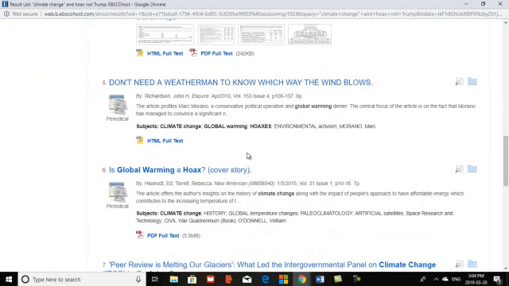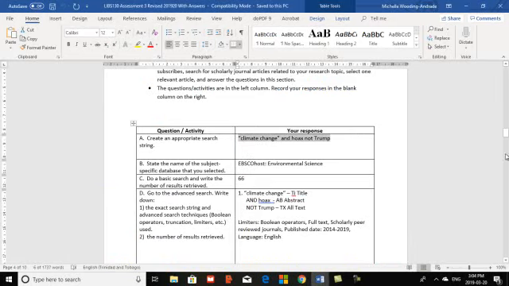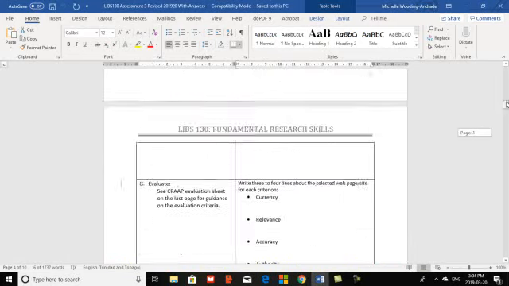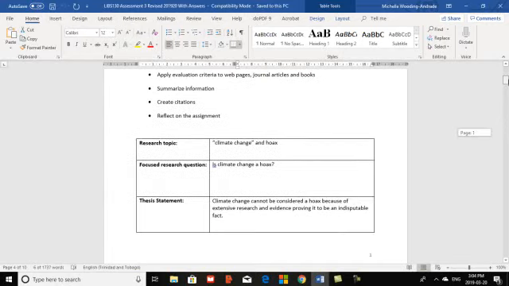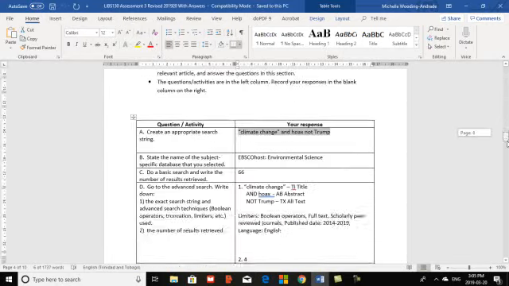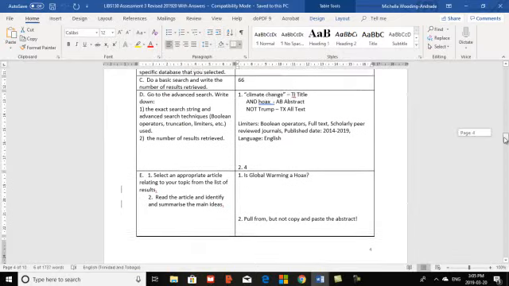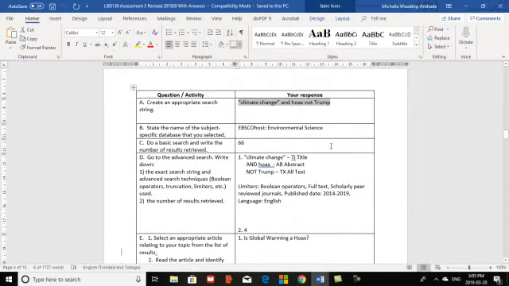That is actually very close to my focus research question, which is "Is climate change a hoax?" So instead of climate change, they have global warming. So obviously that's a related term that I would use. Okay, so